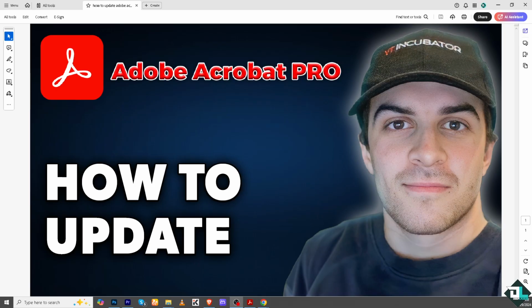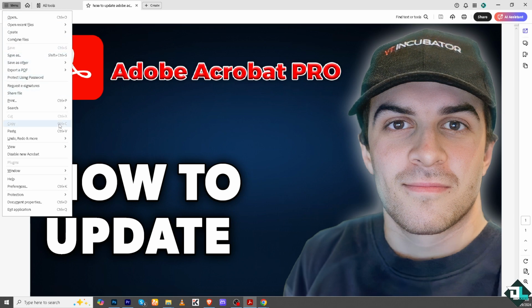Updating Adobe Acrobat 9 Pro or upgrading to a newer version can offer several important benefits, even though it's an older version. So, for example, you have already opened your Adobe Acrobat. All I have to do is go to the upper left corner where you can see the menu, and from here just click on the